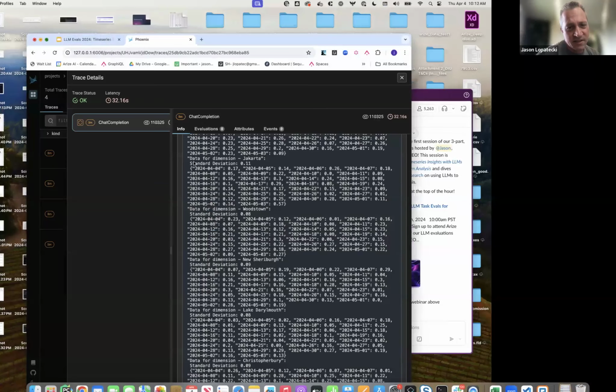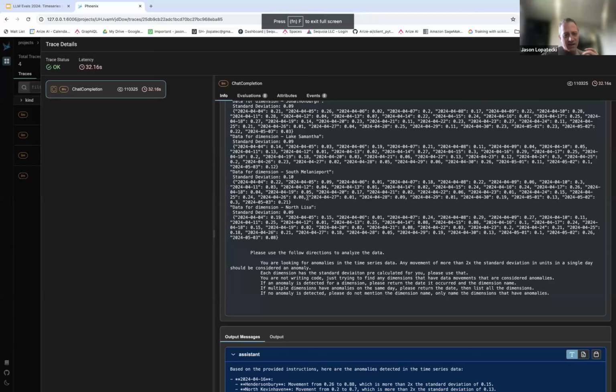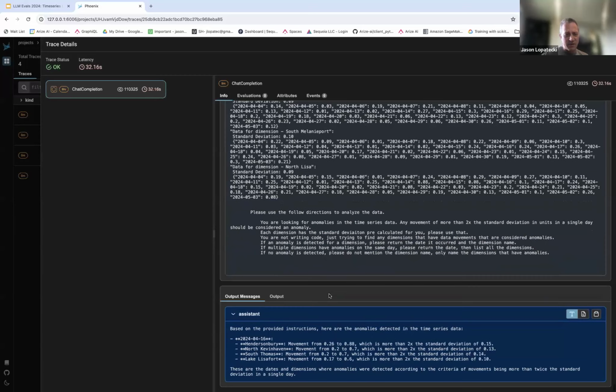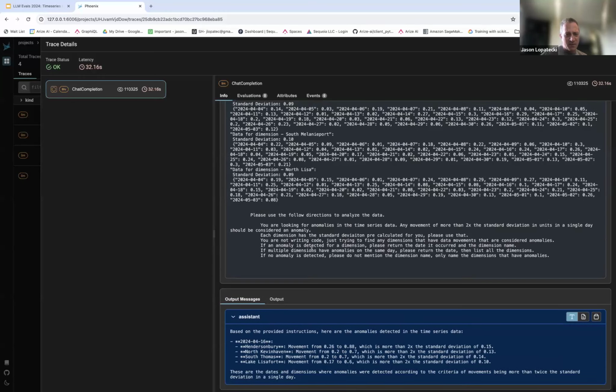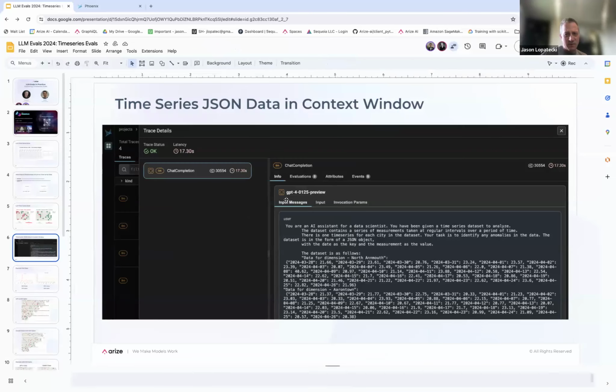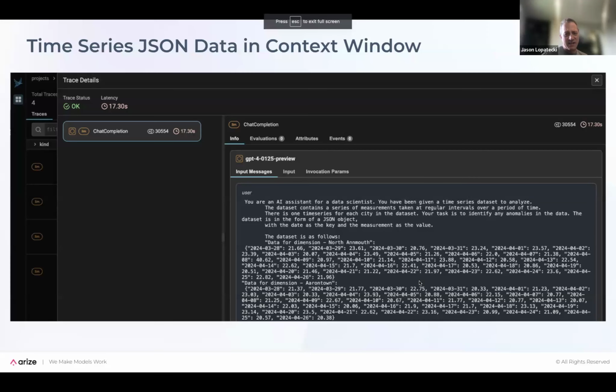So this is Phoenix, which is our open source tracing and tracking solution. You can see there's a bit of a prompt at the end around what you're looking for, and there's some response, and you're asking it to group by date what it sees. So this is what it looks like from a data set perspective. It's JSON data, 300 of these time series in JSON that you're just formatting into the window.